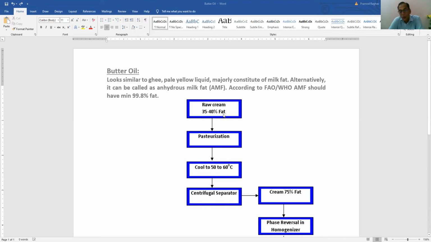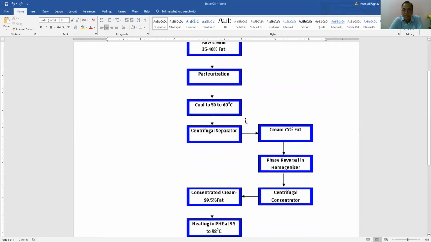From that raw cream, first of all, I am going to pasteurize it. This pasteurization is done in a pasteurization plant. And once this cream is pasteurized, it is to be cooled to 50 to 60 degrees Celsius.